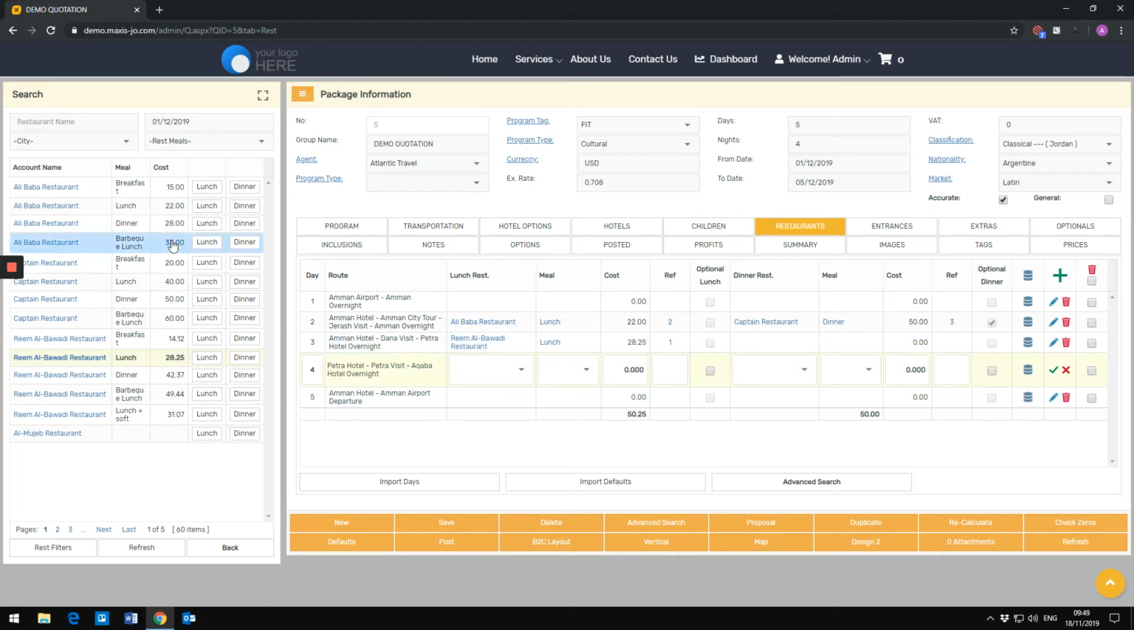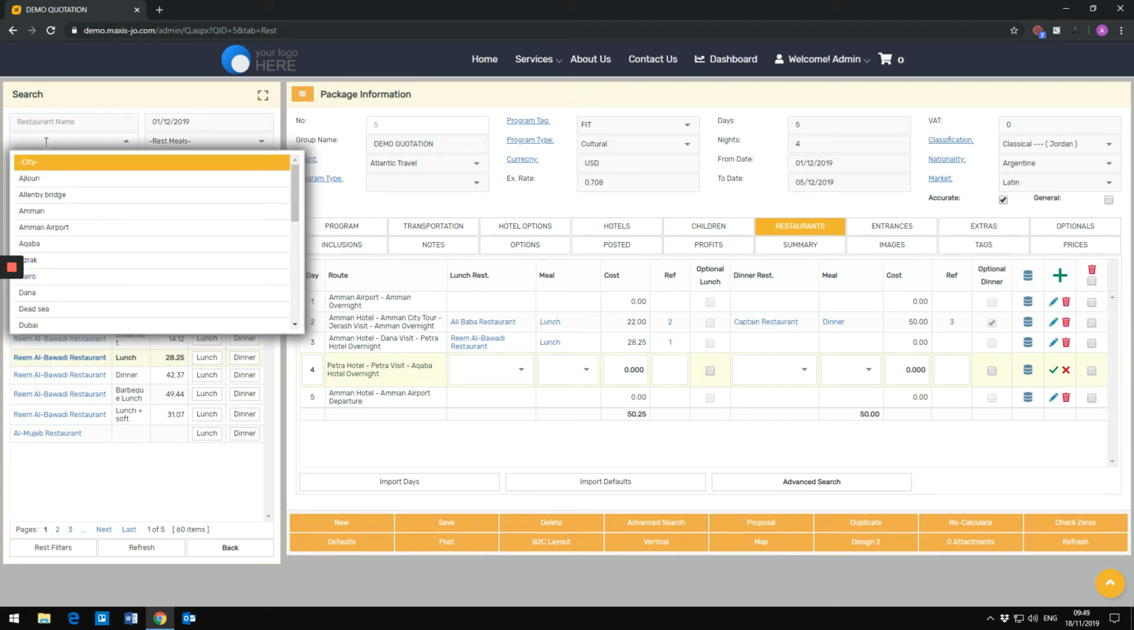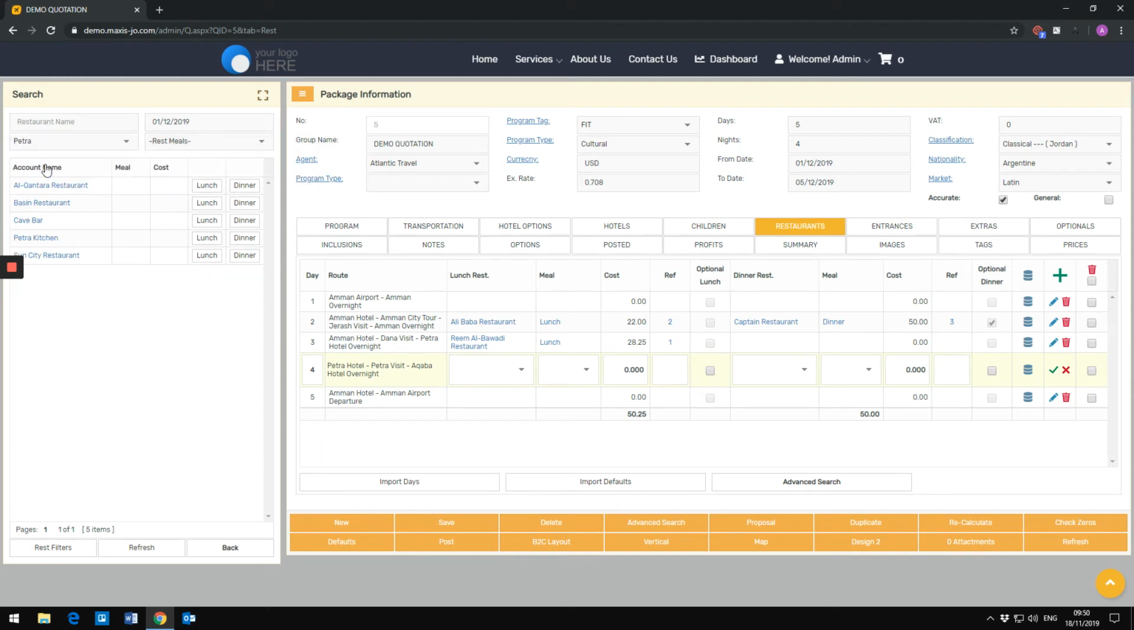Again, for the next day we can filter by city. Here we can offer a lunch in Petra, but we can filter by city name. So, for example, if we are going to have lunch at Basin restaurant, and here I will choose lunch. Here you will see that the restaurant exists in the database, but the meal rate is not included. Here we can choose the meal, and we can add